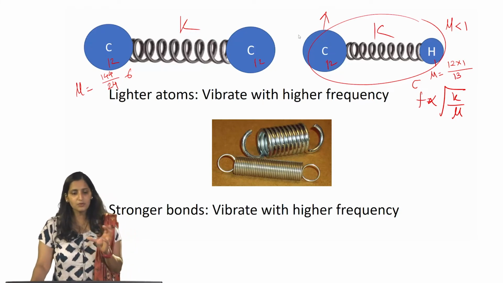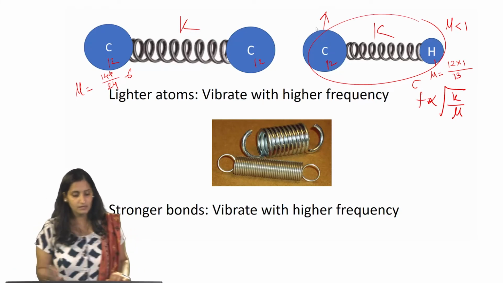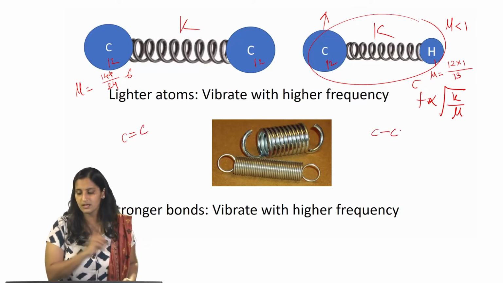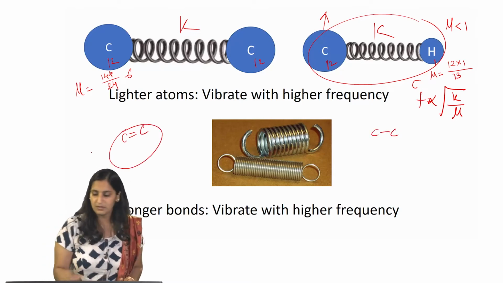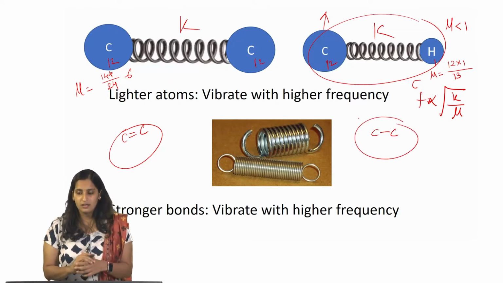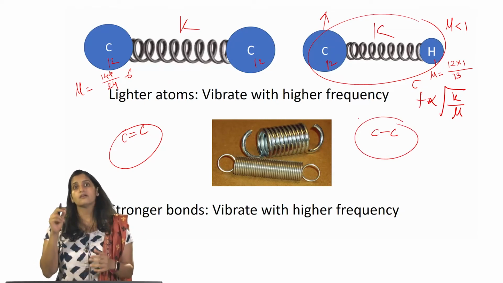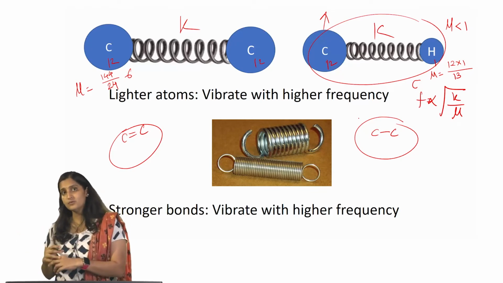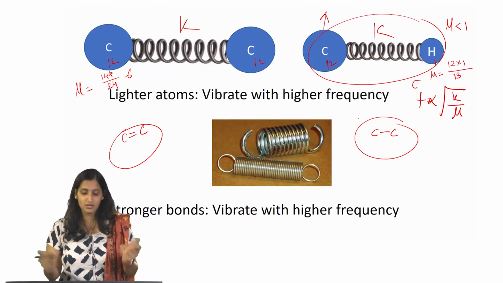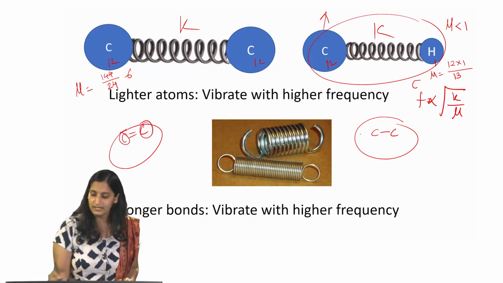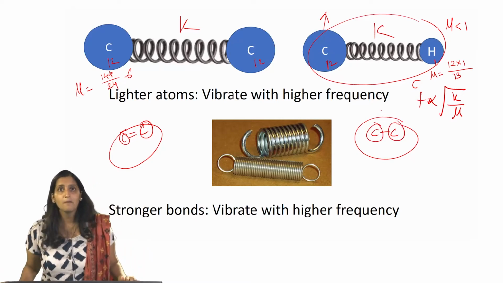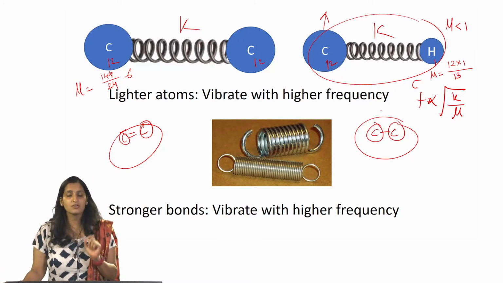Now, you can think about two different bonds, okay. So, carbon-carbon double bond versus carbon-carbon single bond. Now, I want you to tell me which one will vibrate with a higher frequency. If we go back to our formula, F is proportional to root of k by mu. What does that tell us? That in this case, the mu is the same, because in both the bonds all the atoms are carbon and carbon. So, the mu is the same, but now k has changed,